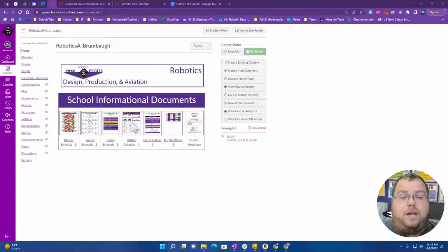Hey everybody, just a quick reminder about how to make sure that your assignments in Canvas sync with Skyward properly. So remember, you have to make sure that your assignment categories match what you're using inside of Skyward. So come into Canvas, click on your Assignments tab,